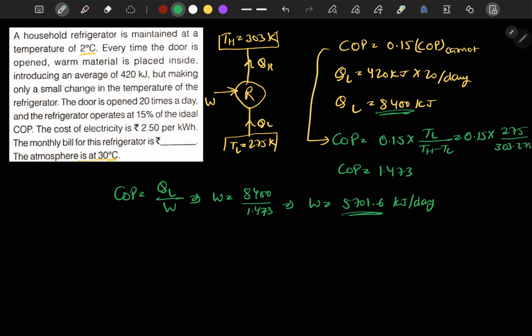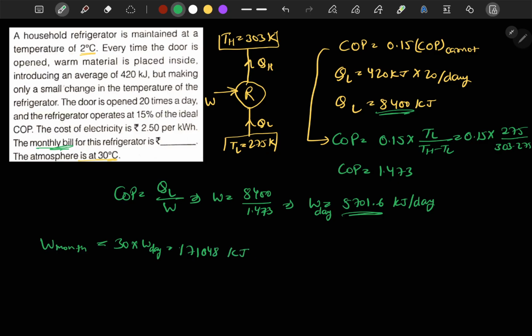Okay, now we have to calculate the monthly bill. So if we calculate the work for a month, work done in a month time, we can multiply it by 30 into work per day. So we will get total work done to be 171048